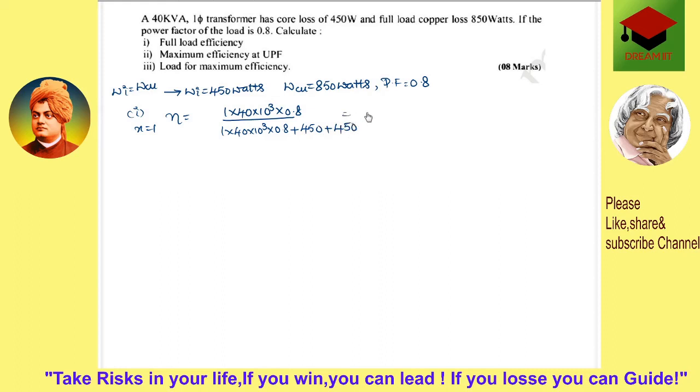By doing this you will get some efficiency, you can take it as x percent. That is the maximum full load efficiency. Then maximum efficiency at unity power factor. The question is asking for maximum efficiency at unity power factor. So once again you get 1 into 10 cube, and at unity power factor the power factor changes, everything else will be the same, 1 plus 450 plus